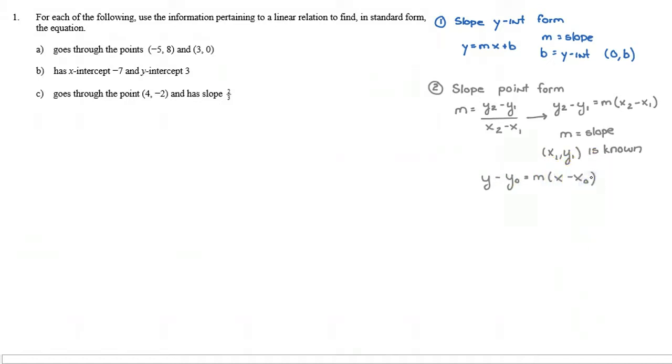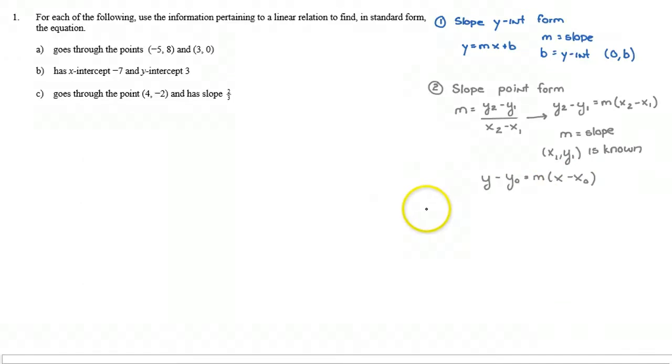Again, the key thing to remember is you just need a point, and you substitute in that point to an x and y pair, and you need the slope. You could, if you wanted, substitute x into here and y into there, but typically we substitute into x naught, y naught. The third form, which is a little